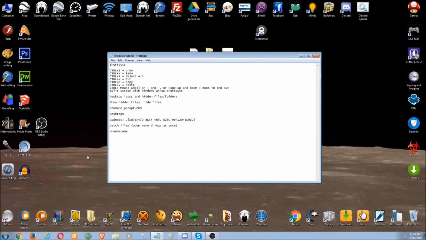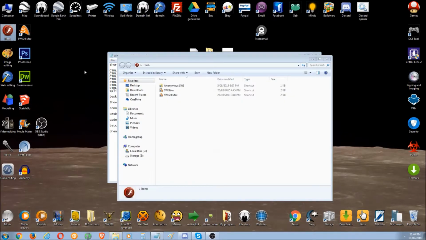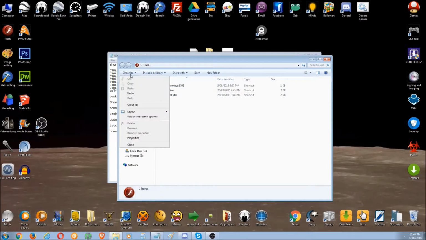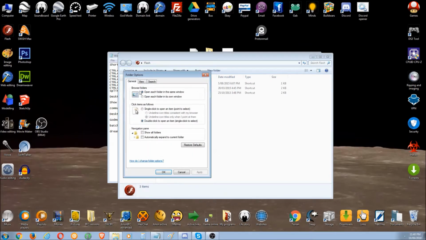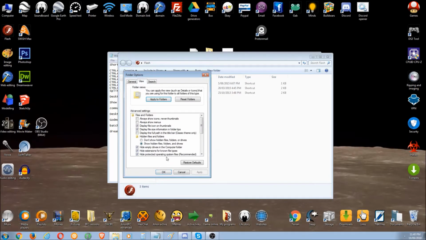So let's go to any window, any folder anywhere, and you'll see this Organize button. There are other ways to do it as well, but let's just do it this way. Organize. Go to any folder, and up the top left. This is on Windows 7. It might be on other Windows versions as well, but at least on Windows 7. Organize. Folder and search options. View. I've done this in another tutorial. I just thought I'd mention it again. Hide extensions for known file types, and what we'll do, we'll click apply and minimize all this stuff,